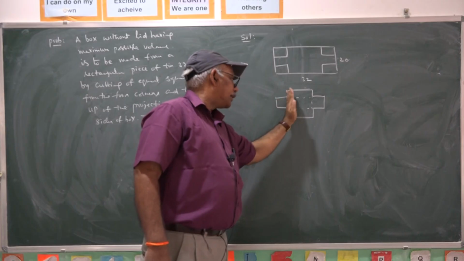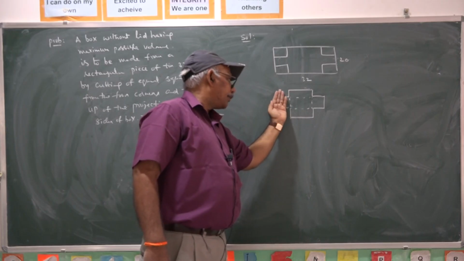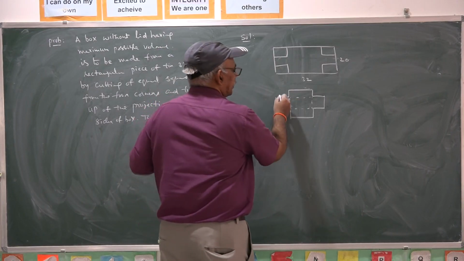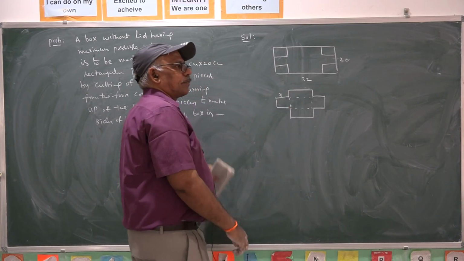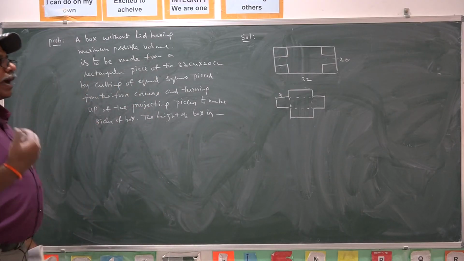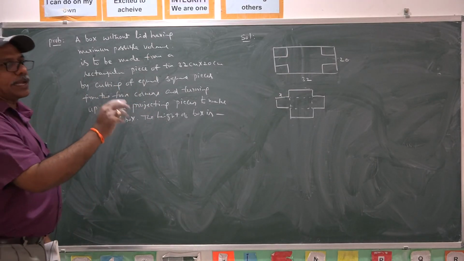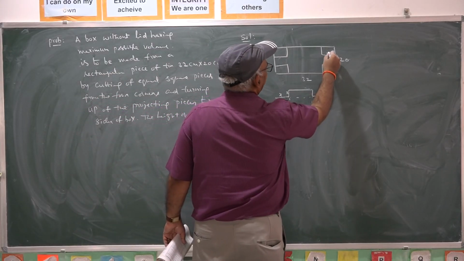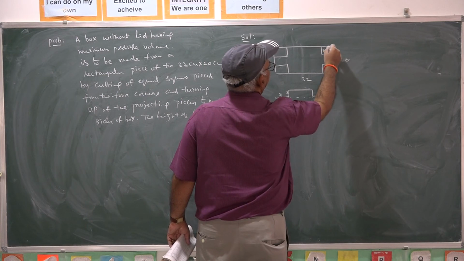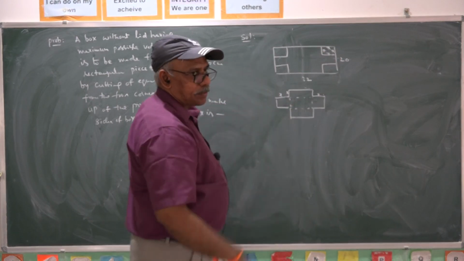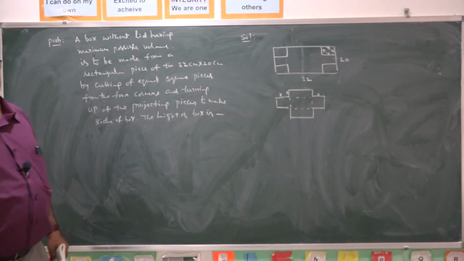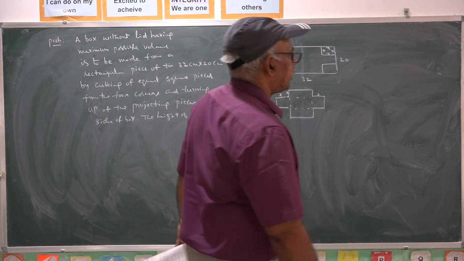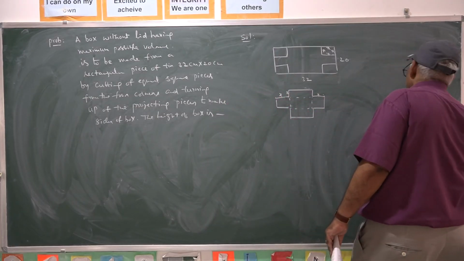Once the projection is folded like this, this length must be the height. So you have to find that x. That means this is also x, this is also x. Once the box takes its maximum volume, you have to find x. Already this problem is given to you.